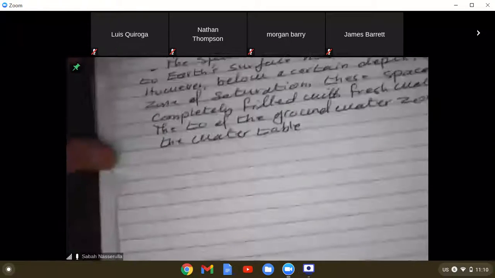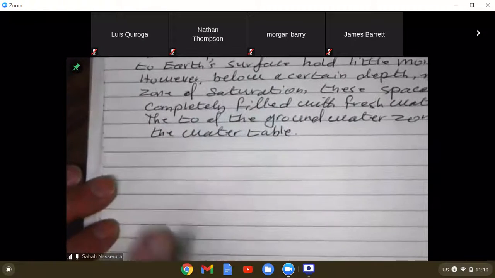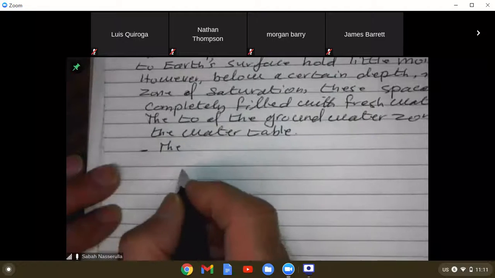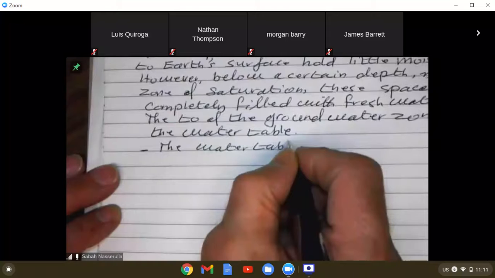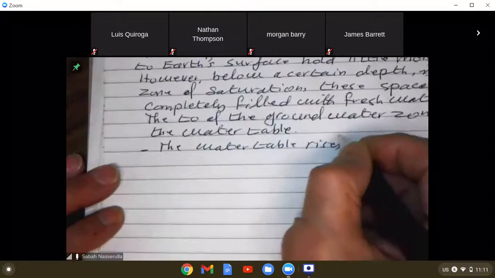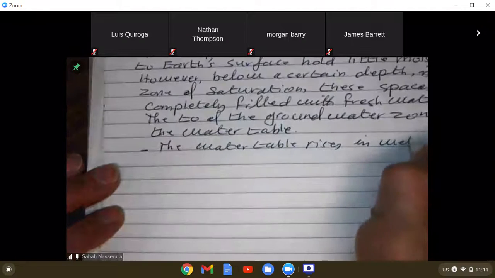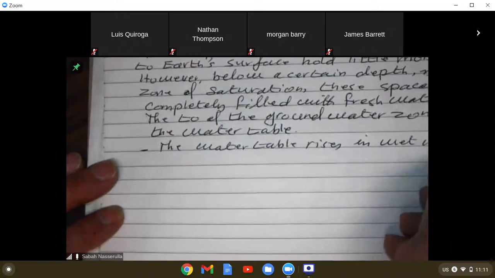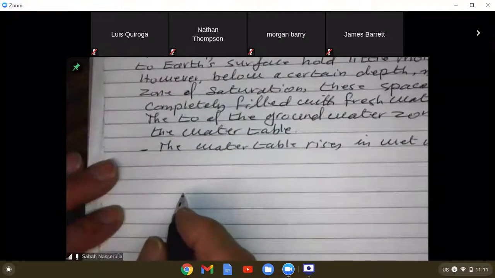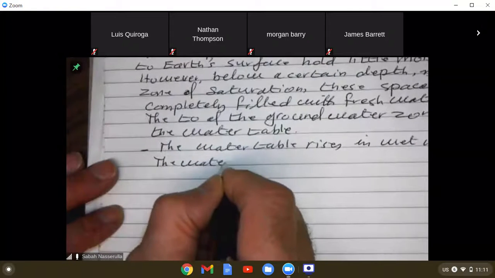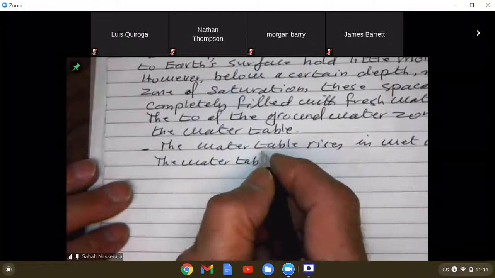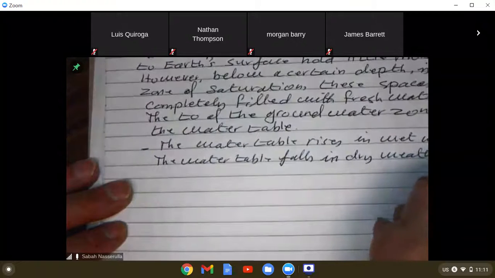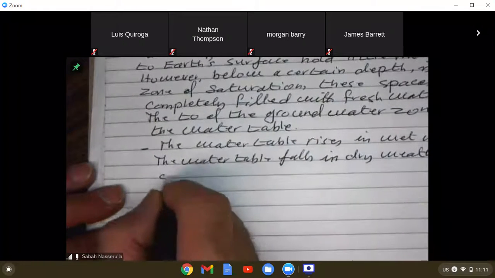Usually, in general, the water table rises in wet weather, when it is rainy, and it goes down in dry weather. To mention it very simply, the water table falls in dry weather,